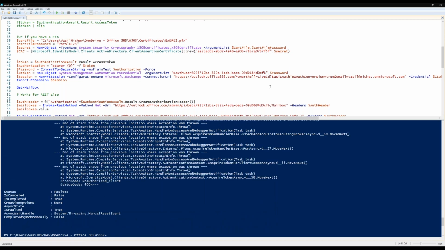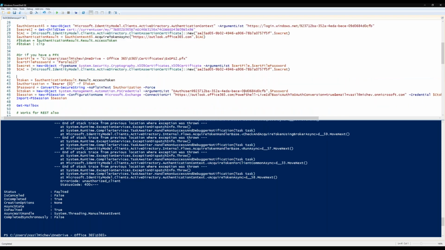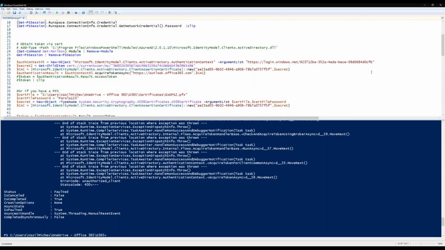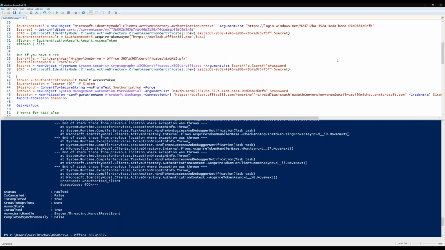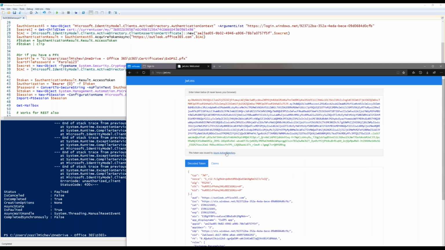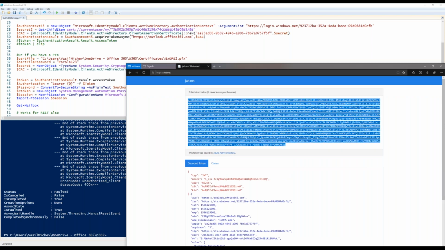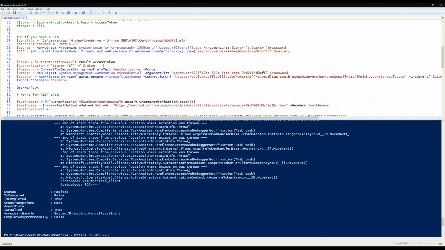Anyway, so the idea here was to actually show you how you can obtain a token programmatically and then pass it to the application. But because we actually already did obtain a token, even though I'm actually copying it from PowerShell, it's sort of cheating. But anyway, the demo failed for some reason,